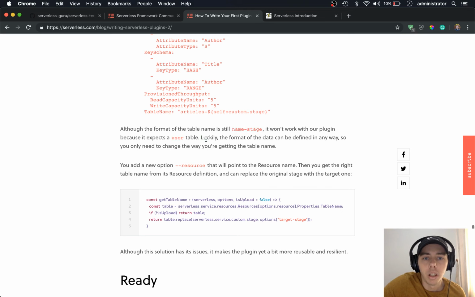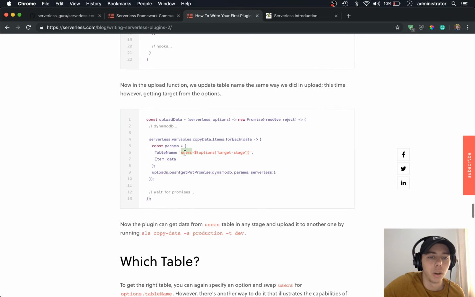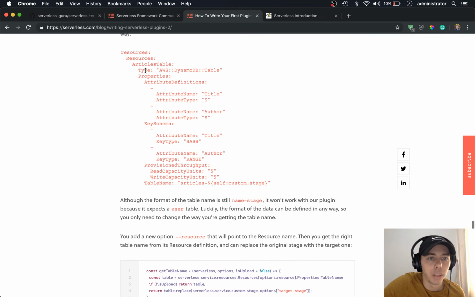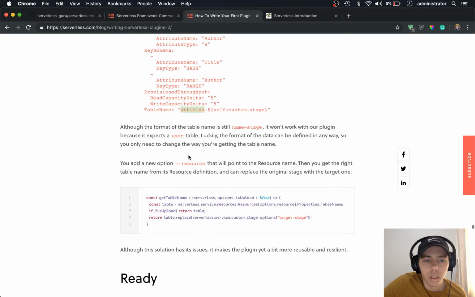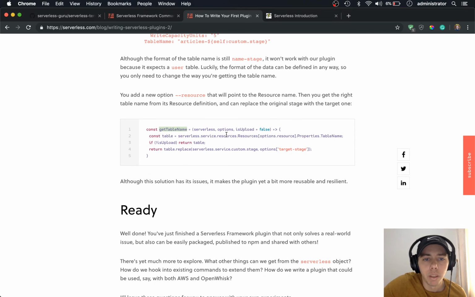user table. So you remember up here, we hard-coded this, so users. But now what she's saying is that we created an articles table. So our plugin needs to both pass a target environment as our target stage, as well as a table. You add a new option called --resource that will point to the resource name. Then you get the right table name from its resource definition and can replace the original stage with the target one. So we look down here, get table name, and we can say table